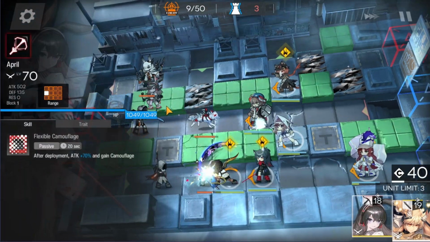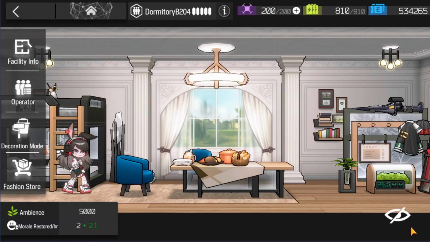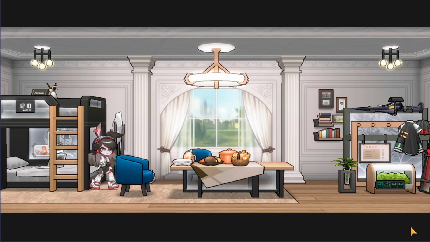especially her skill 2. All flaws aside, she looks adorable, and her high investment truly reflects her high spendings on clothing and other